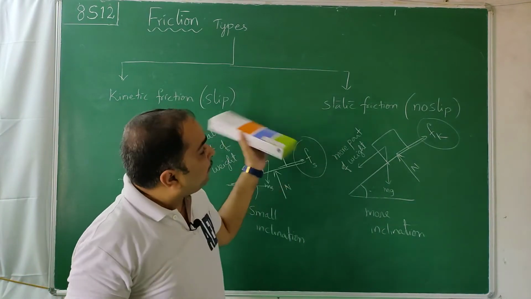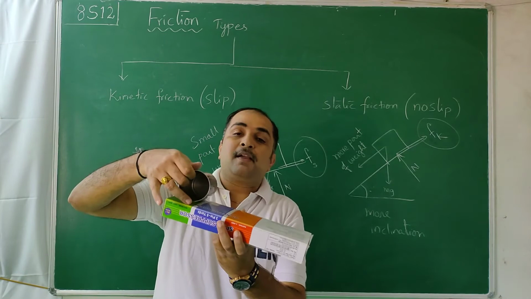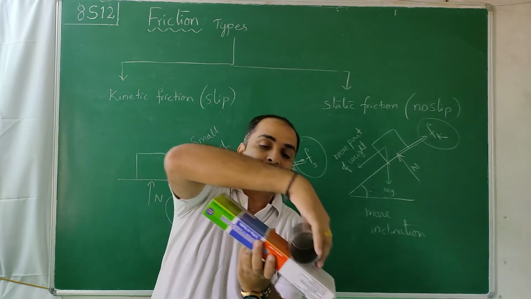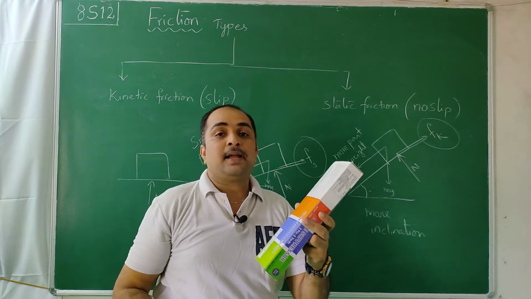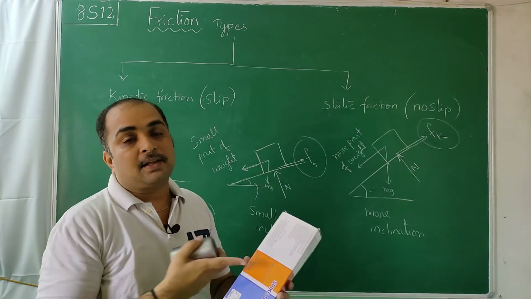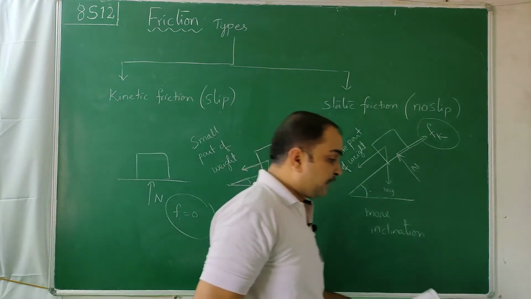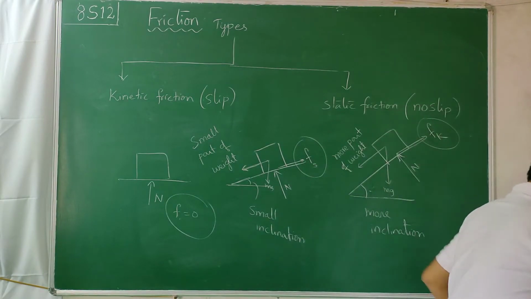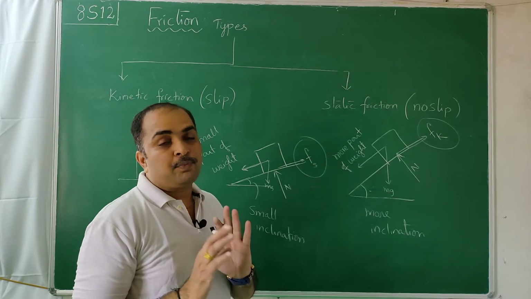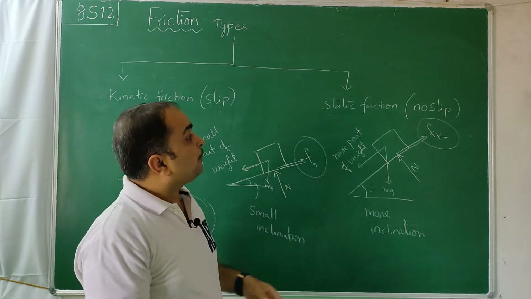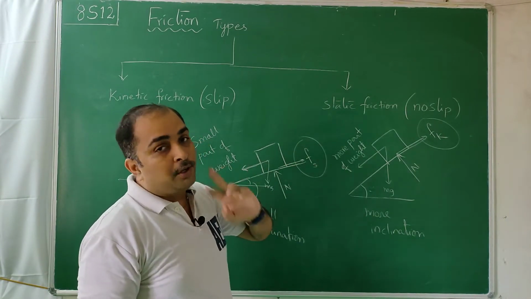So again, everything will come into these two categories only, but they are given in your textbook. When an object rolls like this, whatever friction is between the object and the surface, they call it rolling friction. If I don't tell that, you may not write it in the examination or you may lose marks, but strictly speaking, in future you will understand that friction is only of two types.